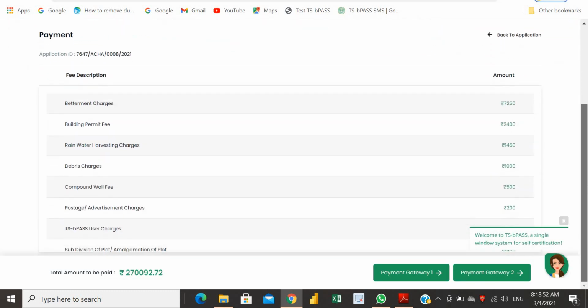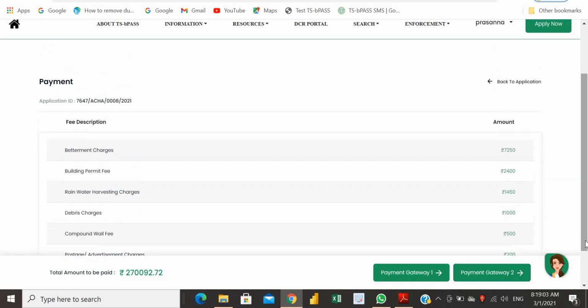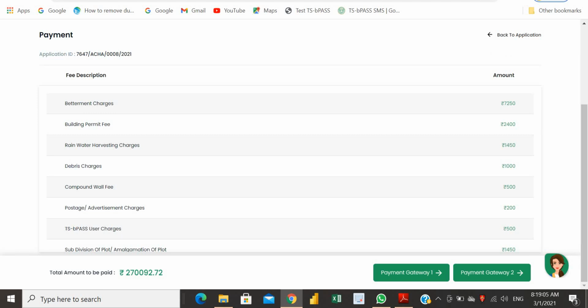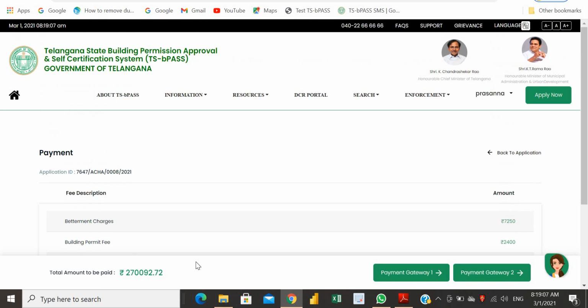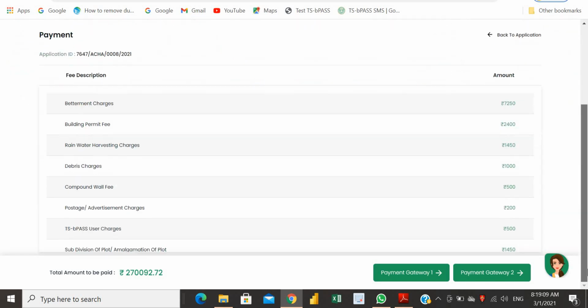Here the payments are shown, all the payments. You can check whether they are correct. If there are any discrepancies, please raise a ticket. So, payment gateway.